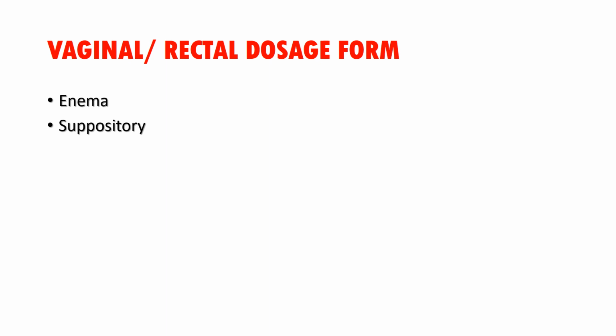Okay, finishing with the oral liquid dosage forms, coming to the vaginal and rectal dosage forms. Coming to the rectal dosage form, two types are present: one is enema and the other is suppository. I hope most of you might have heard about enema or suppository. Suppositories are dosage forms that are placed inside the rectum, which will be bullet shaped with a slimy substance, usually used for lubrication, so that it can be easily inserted into the rectum.